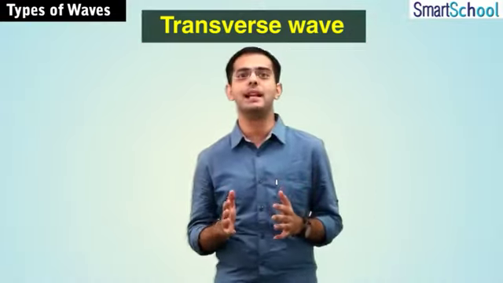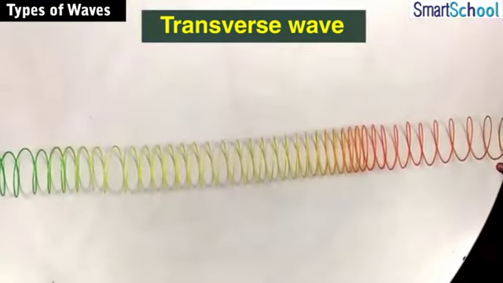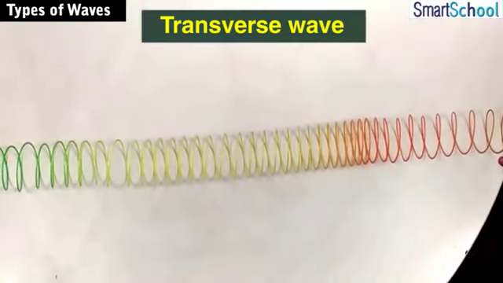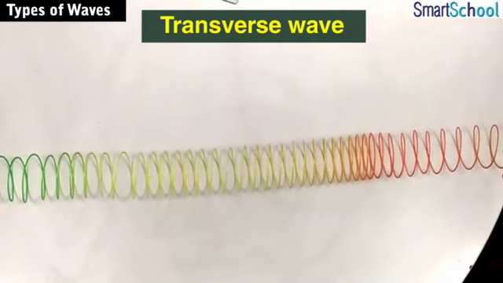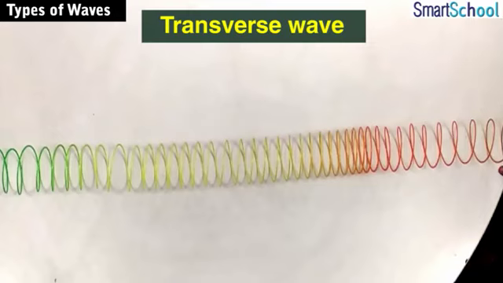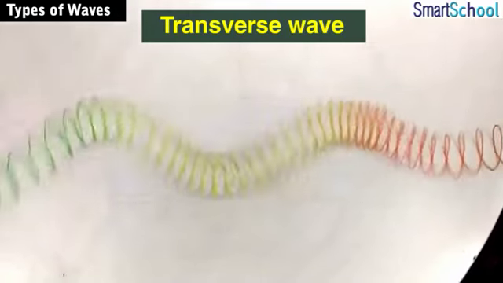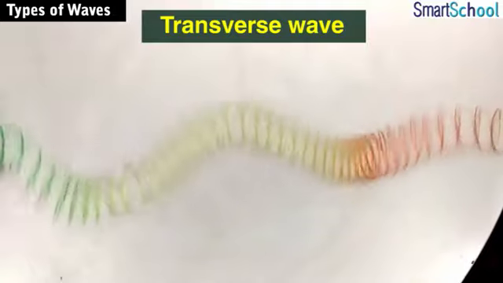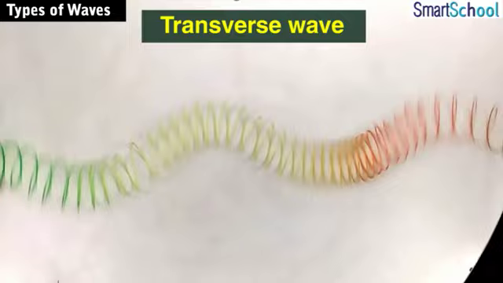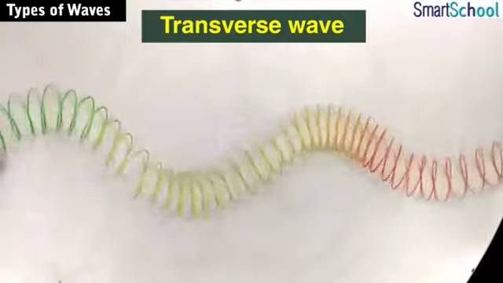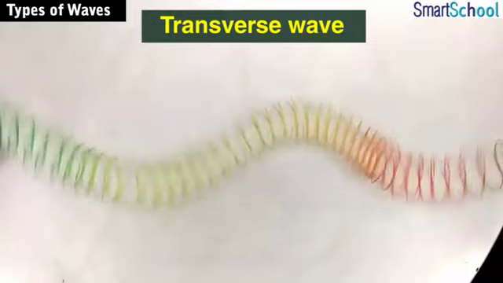Now let's do a simple activity to demonstrate how a transverse wave looks. Let's take a slinky and place it on the table, fixing one end and leaving the other end free. Now I hold the free end of the slinky and just whip it. What do we observe? The slinky appears to move like a snake, and it shows a wavy appearance. What kind of wave does this vibrating slinky represent here? Yes, we've studied this, and it's a transverse wave.